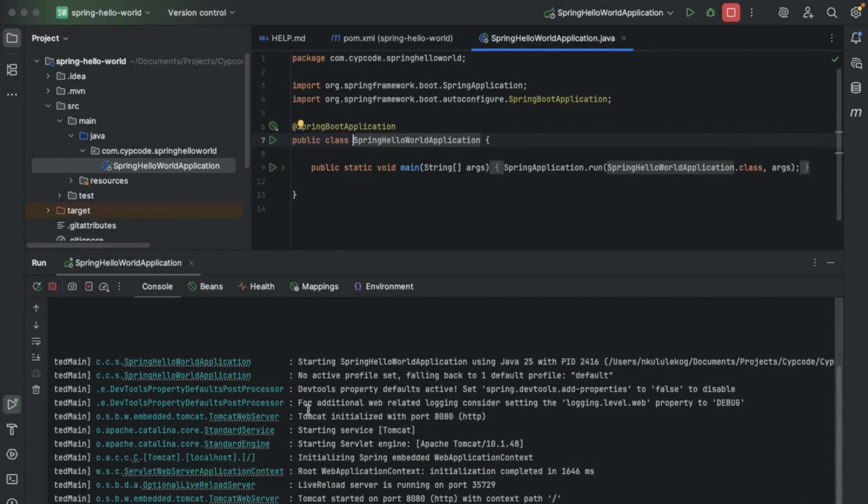If you look at the logs, you can see it's starting our Spring Hello World application, there's no active profile set. We will look into the profiles in detail further down the series. DevTools property set to default, additional web-related logging considerations, Tomcat initializing port 8080. So this is the embedded application server. We just created the application. We didn't configure any application server. We didn't install anything else on the machine. We're just running the application from our IDE, and it's already picking up an application server, and it's running on